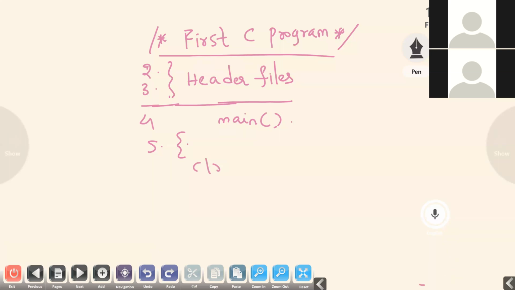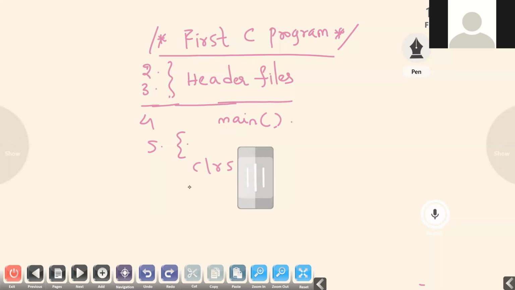CLRSCR clears the screen. Suppose we will be doing 2-3 programs; you'll understand when I show it. If we don't use this, you can see the output of the previous program. If we use it, it will clear the output of the previous programs, so we get the fresh output of the current program.